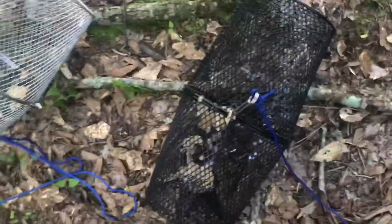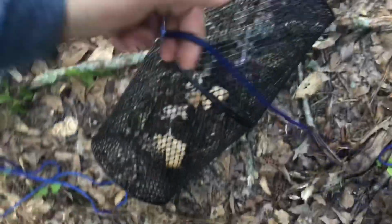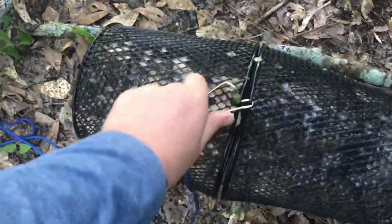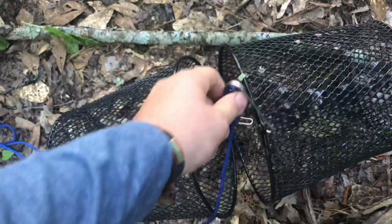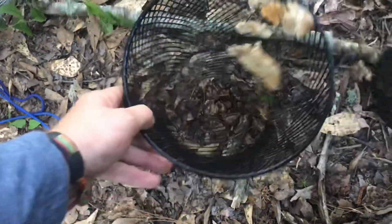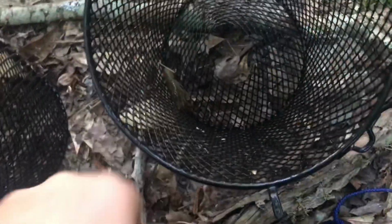Stay with me. I'm gonna try to do this one-handed. I don't have anybody with me, it's not too hard. And then we don't have just a ton of things that can escape anyways. Just a little clip there that pops off. Each trap comes in half. Nothing in there. There's that little one. Little, but